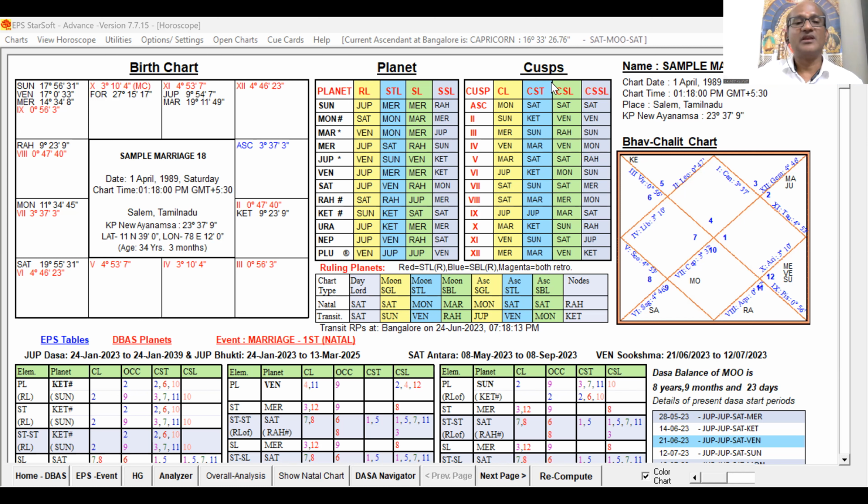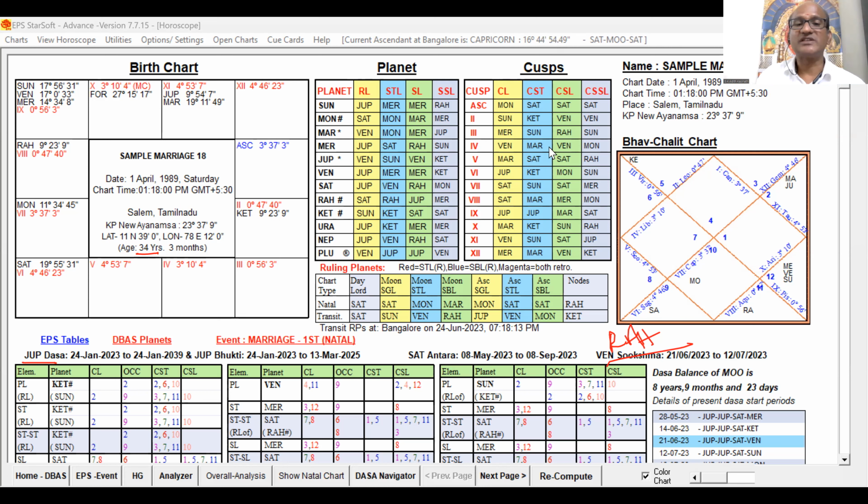You can see here we are going to study this native. For example, he got married in Rahu Mahadasa, and now he is running, say, 34 years. Jupiter Dasa is running from 23 January. Previously, he was running Rahu Mahadasa. Suppose he got married in Rahu Mahadasa. Whether Rahu Mahadasa is favorable for marriage, which are the supportive, favorable periods at the marriageable age, and which Bhukti would have supported the marriage, that we are going to check.